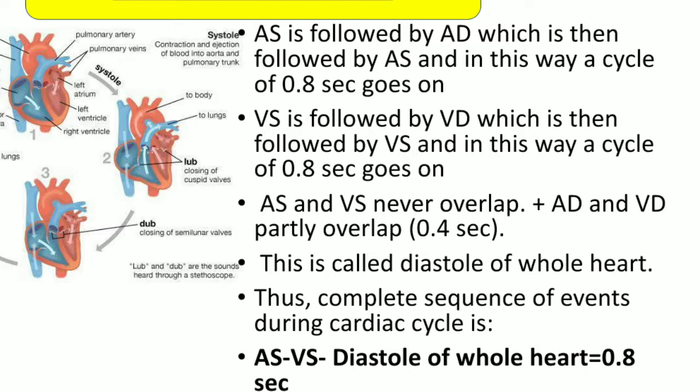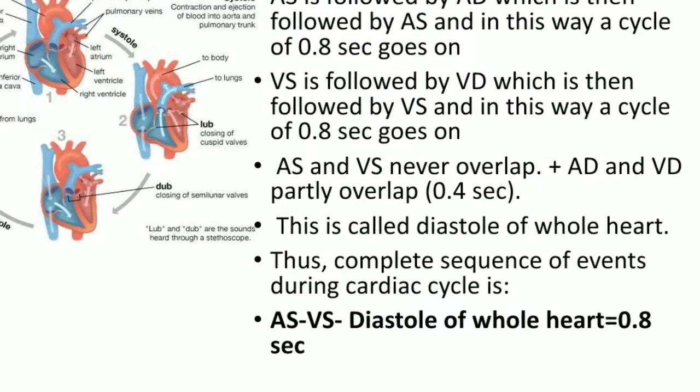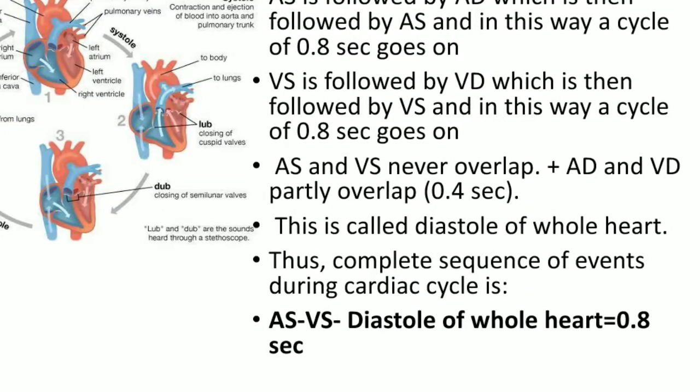Understood? See, it takes 0.8 second to complete a cardiac cycle, meaning when the left atrium or the auricles contract and relax. During the contraction and relaxation, the pumping of the blood occurs in the heart, and this blood reaches another chamber, and again the auricular chamber is ready to receive the blood. So this is the cardiac cycle, and what is its timing? That is 0.8 second. Understood?